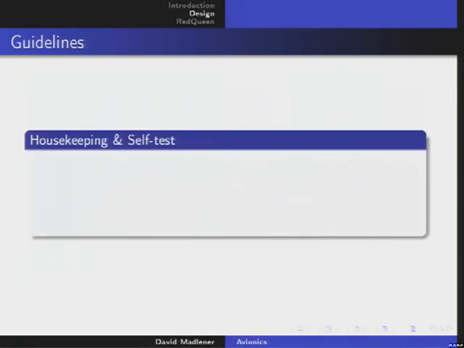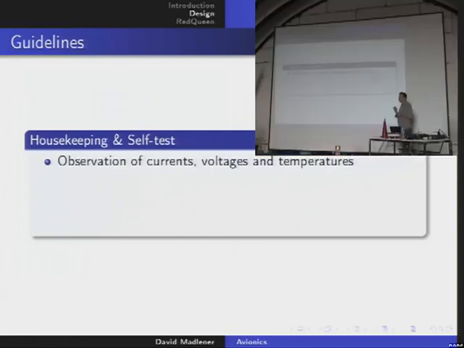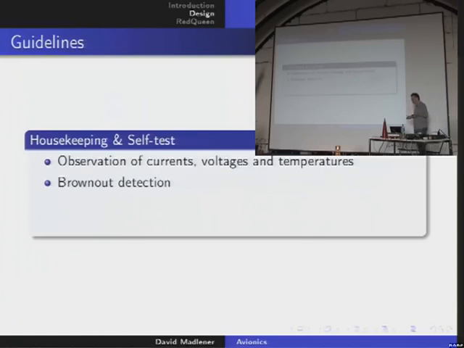So some guidelines for housekeeping and self-testing. Always observe what is going on electrically in your system. So put shunts on your boards, look at the currents that go through, look at the voltages at certain test points, and look at the temperatures. Always look at these 3 things. Otherwise, there will be consequences. Always use circuits that notice when the power is going down, so you can countermeasure it somehow, maybe. Use watchdog timers,